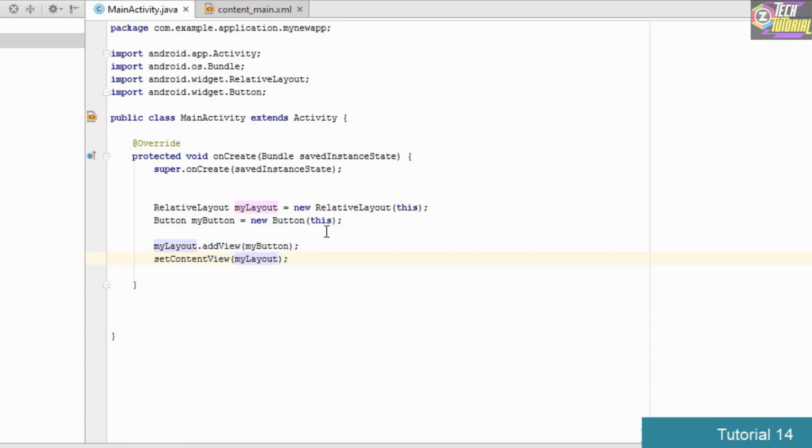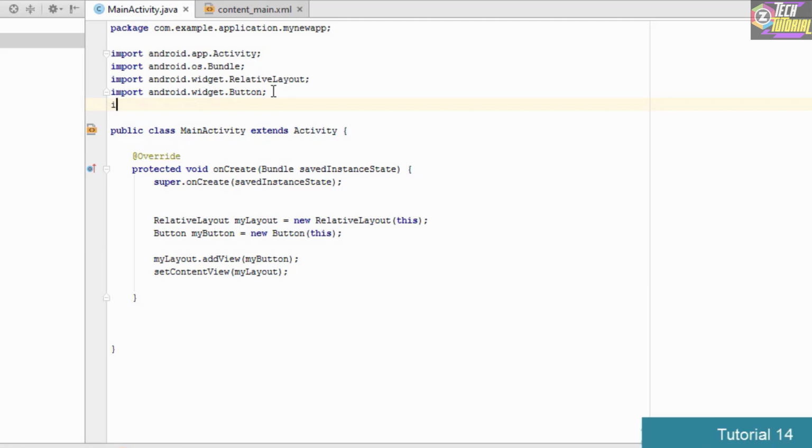So now in this case, as we want to change the color, the next thing which we want to do in the Java code is that we want to import a package which is called color. So we go right ahead and we import color. To import color we type import android.graphics.Color, and that is going to import the color package for us.